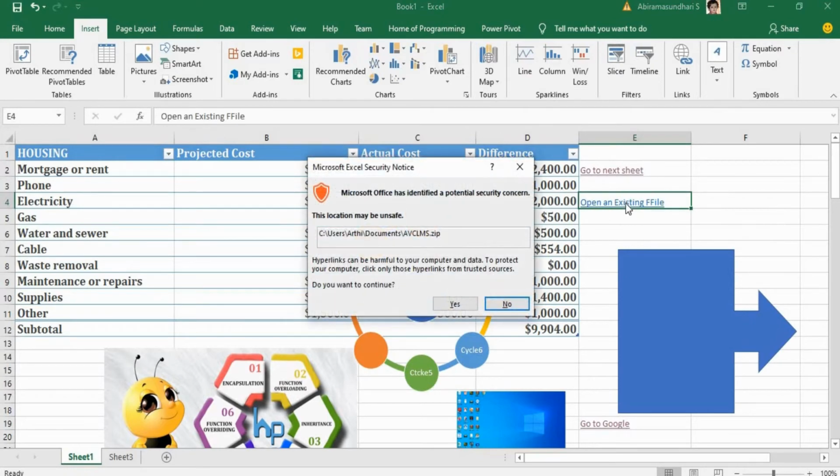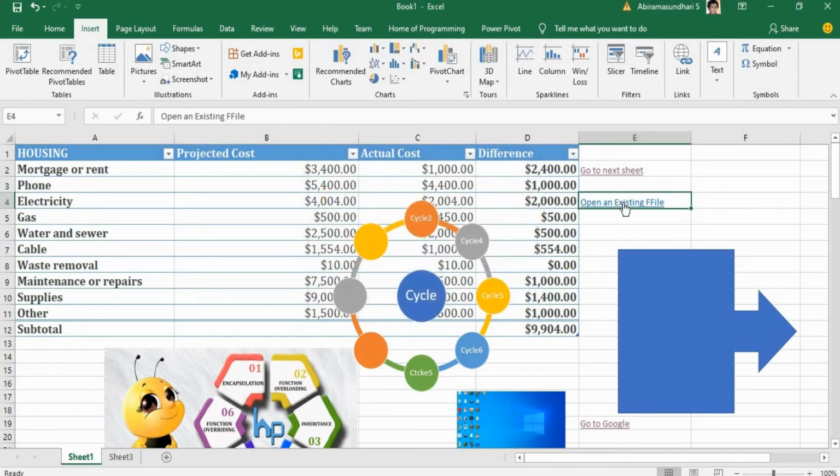Let's see what happens. So Microsoft, okay, this might be a situation where Microsoft will not allow any set of files to be opened instantly. So for that reason, you can test hyperlinking to any other existing file with the help of a PDF file. So if you want to link or test a hyperlink for existing files, you can test by redirecting to a PDF file, right?